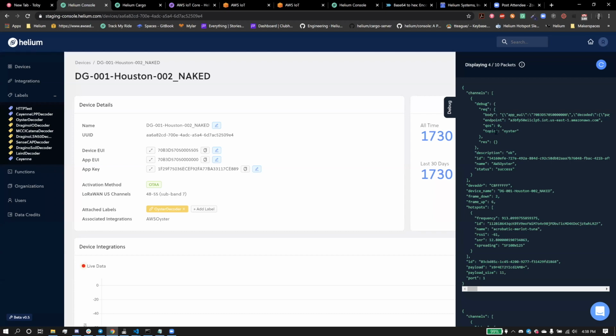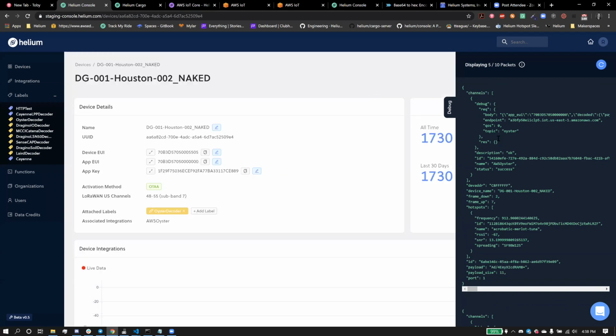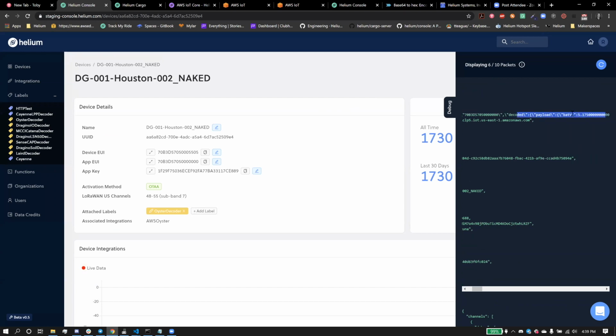But if you look on the right side over here, if you can see my screen, this is going to be the output of what we're getting and running through our Oyster decoders, right? And if you look in body right here, and you notice it's escaped a little funny right now, but this is actually broken out where you get all of the fields under the decoded right here. Let me start slowly scrolling over here. So you can see the payload, but now we have the battery voltage. We have fixed payload. We have our heading, in trip, then we have our lat and long,